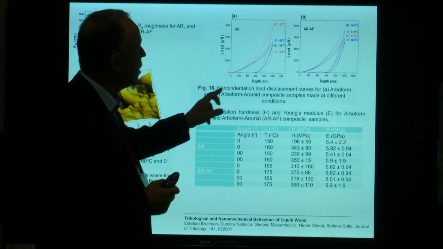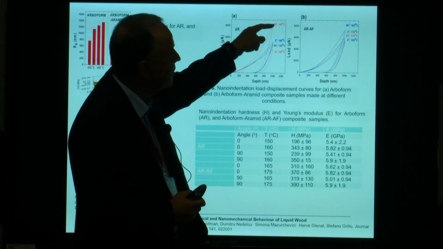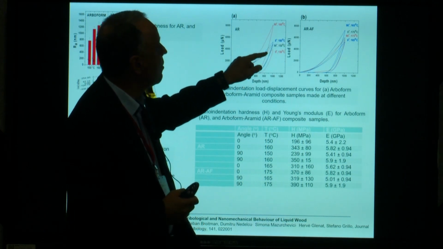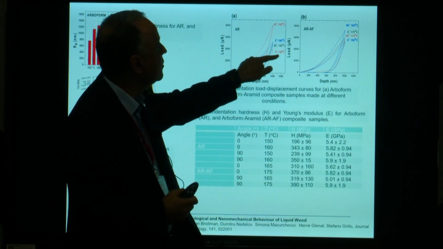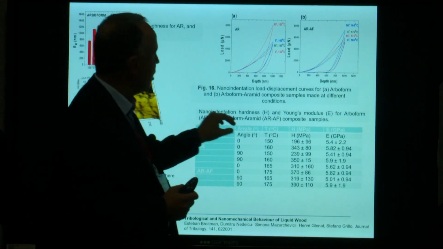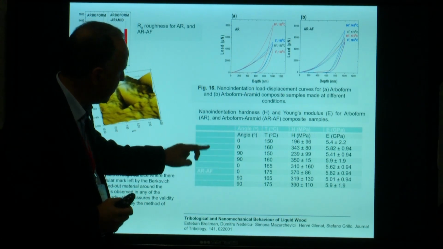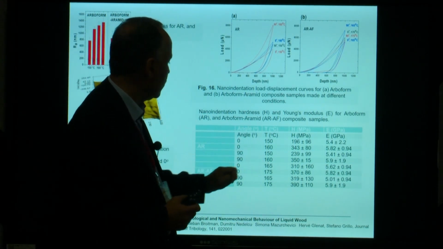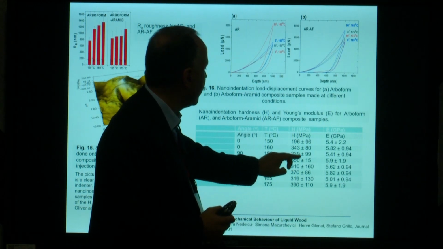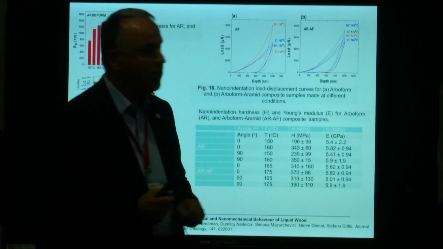And afterwards, nano indentation load displacement, you can see in this figure, of course, taking into account the injection molding angle and temperature: 90 degrees, 160; 0 degrees, 160; 90 degrees, 150; and 0 degrees, 150. And of course, for our material, nano indentation hardness and Young modulus, you can see the angle, I mean 0, 0, 90, 90 for base material and reinforced material. And you can see also that in the case of base material, the best results, I mean the highest nano indentation hardness, is around 350 megapascals,